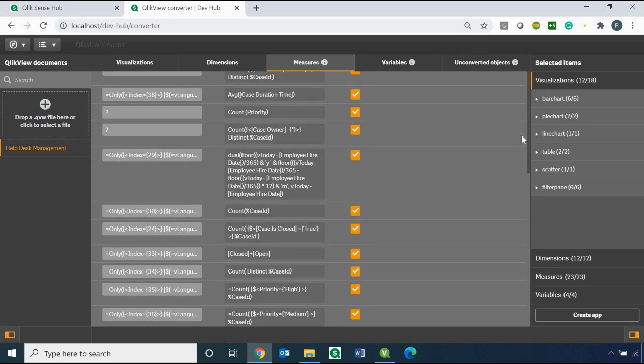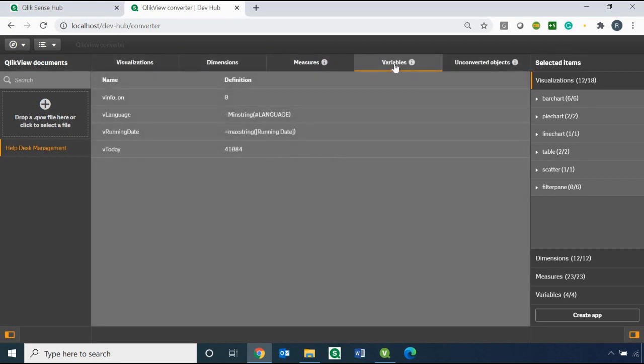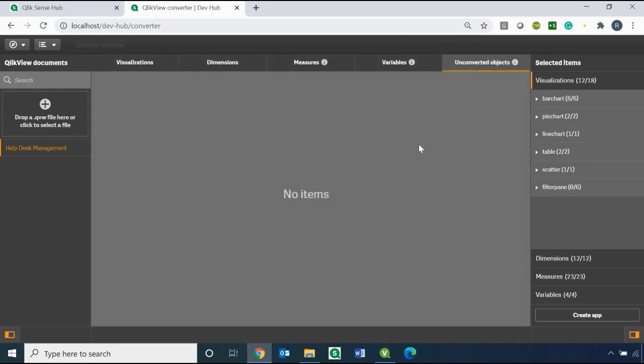So you have to keep this in mind when you are converting your QlikView dashboard to QlikSense. Now the fourth thing is the variable. Here you can see all the variables available in the QlikView dashboard, which will get migrated to the new QlikSense app. The last thing is unconverted objects.